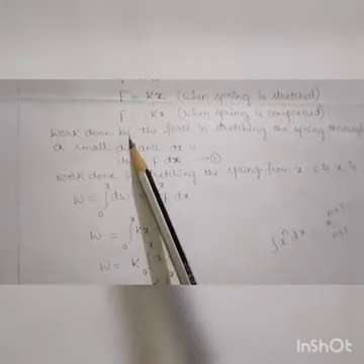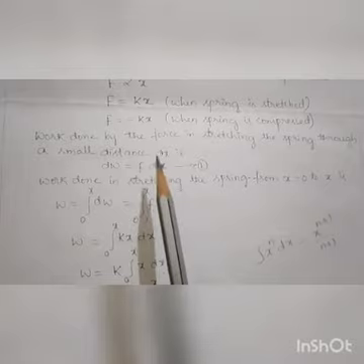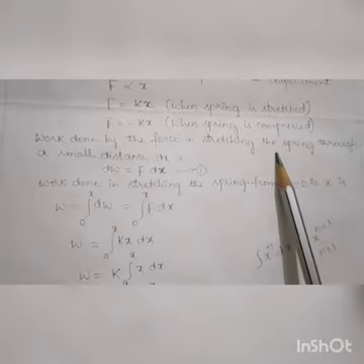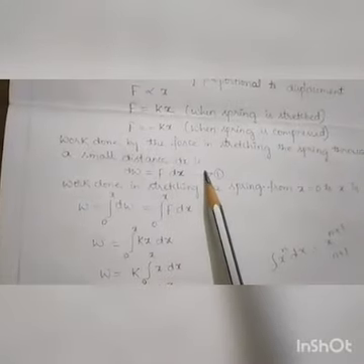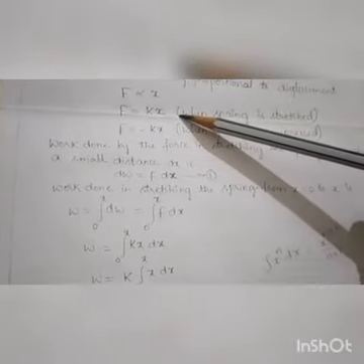Here, energy means the capacity to do work. Work done and energy are the same. First we have to find the work done, because we know the force and it is displaced some distance. The product of force and displacement is the work done. Hence, first we take the work done by a force in a stretched spring through a small distance dx. Now I am taking the equation for a stretched spring.